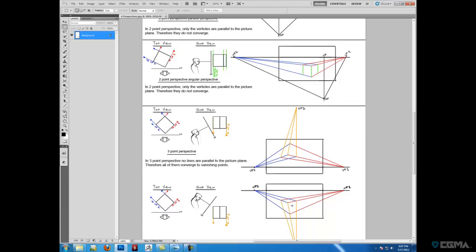The fourth angular perspective is three-point perspective. In three-point perspective, there are no lines parallel to the picture plane, and therefore they do not converge to vanishing points. Now, in three-point perspective, it's generally viewed as you are staring at something extremely tall. Now, this could be a human staring at a really, really tall building,